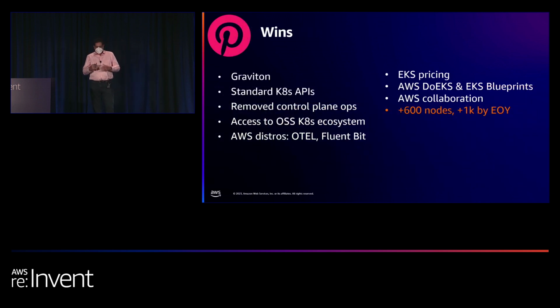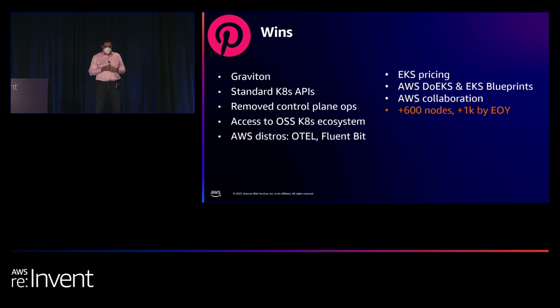So in summary, some of the wins and learns we have had from our projects thus far. A big win for us was being able to move to Graviton and a bunch of cost savings that comes from moving to that. Thus far, our Hadoop clusters had been running on Intel AMD-based instances, but now our EKS clusters are Graviton. And then getting access to standard Kubernetes APIs at a deep level means that we can mix and match various open source components, and get them running without fear of running into compatibility issues and things like that.